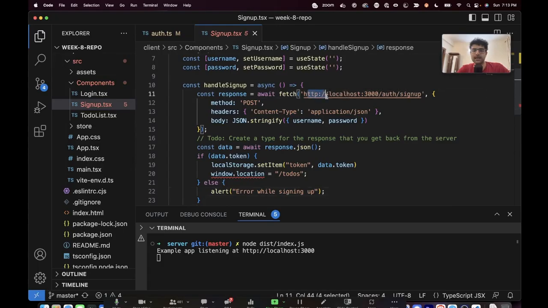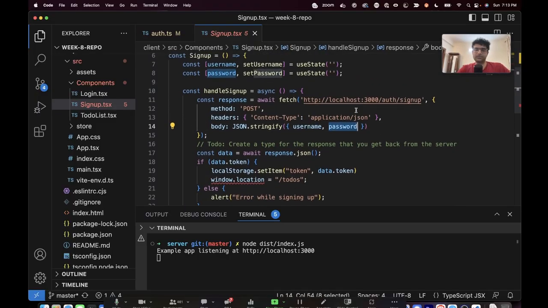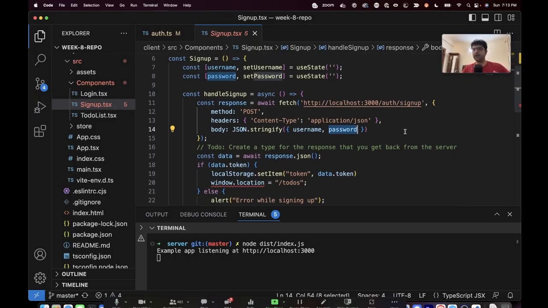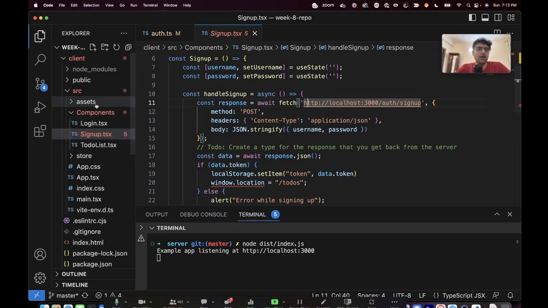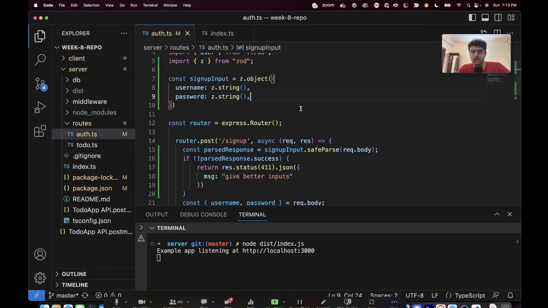We send a fetch request to /signup, which is a POST request, and we send this body which has a username and a password. Cool. The problem here is not necessarily a problem, but whoever is writing this code, the front end developer, doesn't really know the schema of this endpoint. How will they know what endpoint to call and what inputs and outputs to send without going through the backend code first? Looking at index.ts, these are the routes, going to the auth route and figuring out, okay, that's